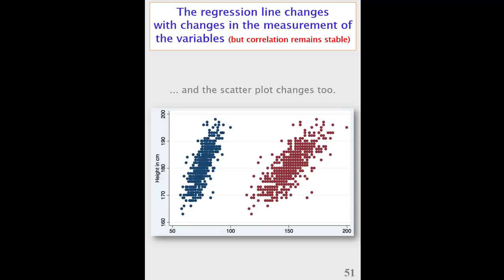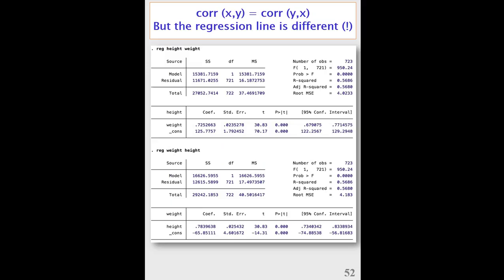Okay, a couple more steps to confuse you even more. The correlation between two variables doesn't matter if you type one first and then the other. So the correlation between x and y is exactly the same as the correlation between y and x. Try it in Stata, it's no coincidence. If you look at the formulas, it's also no coincidence. You'll see that the role of x and y can simply be interchanged. It doesn't make a difference. However,